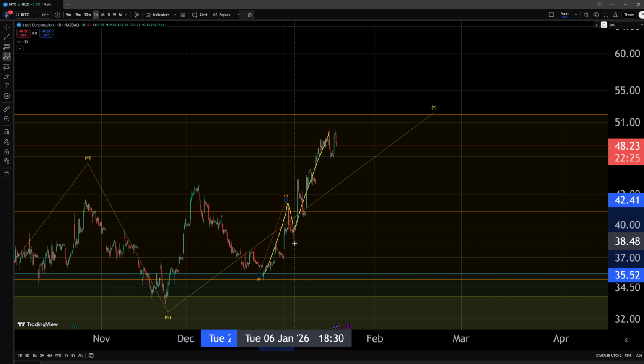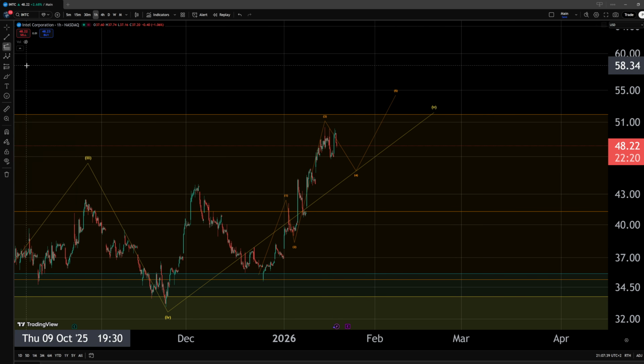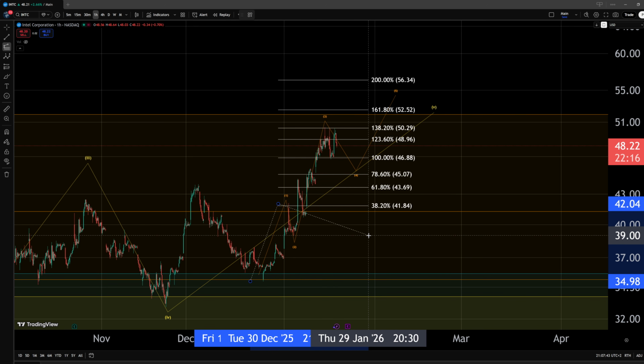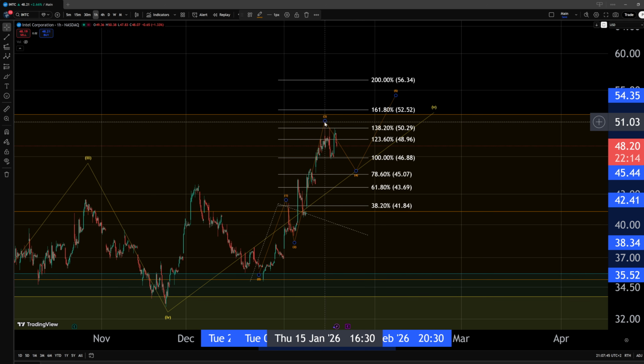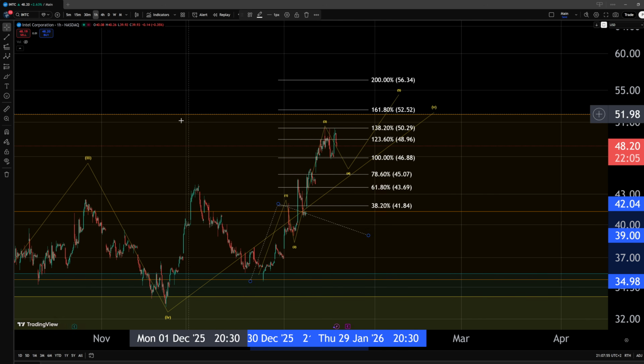In this interpretation, we are able to look even for the ideal target for the wave 3, see if we actually manage to reach it. It is the 138.2% extension of the wave 1. We have reached it perfectly, in fact. And yeah, I would like to still see the correction in a wave 4 and the fifth wave to form before assuming a top is in place.